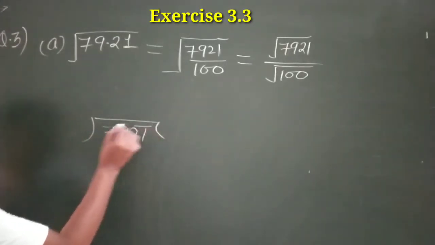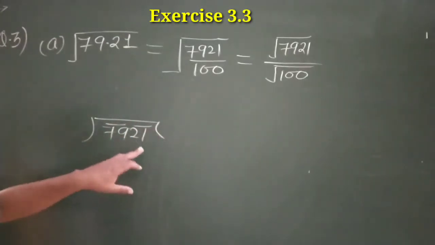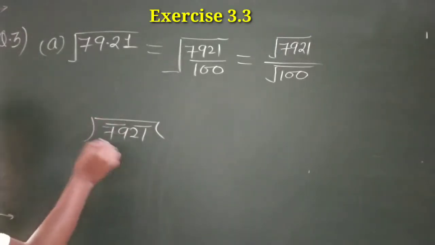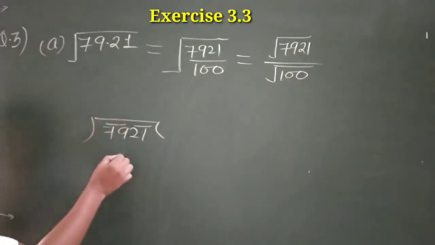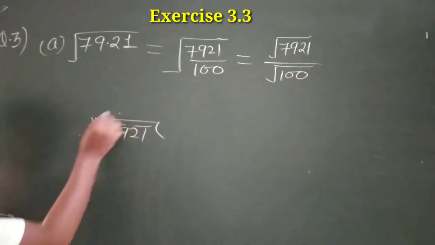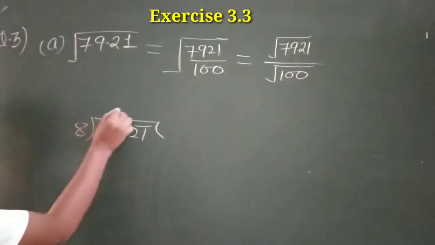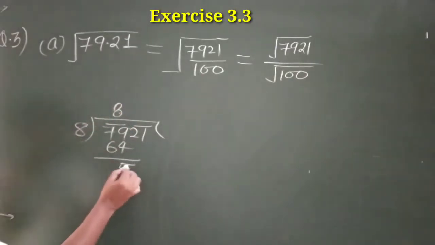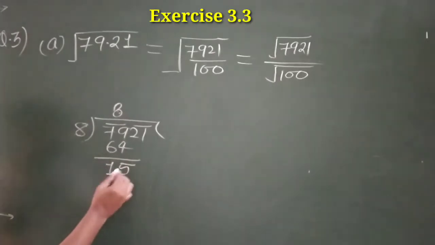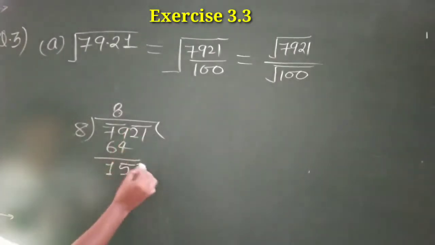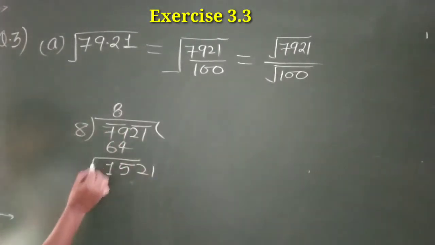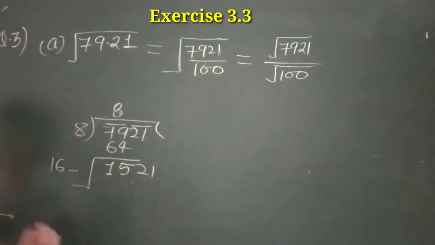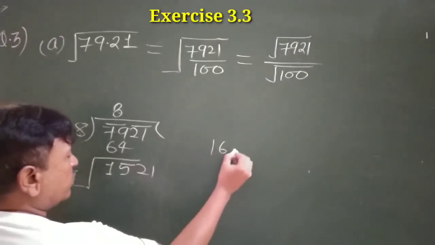This I had explained to you yesterday, that we have to put the bar from the back on two digits. Now 8 8s are 64, 9 9s are 81, 7 7s are 49, 8 8s are 64, 9 9s are 81. We will take 8 8s are 64. 9 minus 4, 5, 7 minus 6, 1. Now this whole bar part will be copied here, and here we will double 8, meaning 8 plus 8, 16. Now what do we have to do? 1 6.